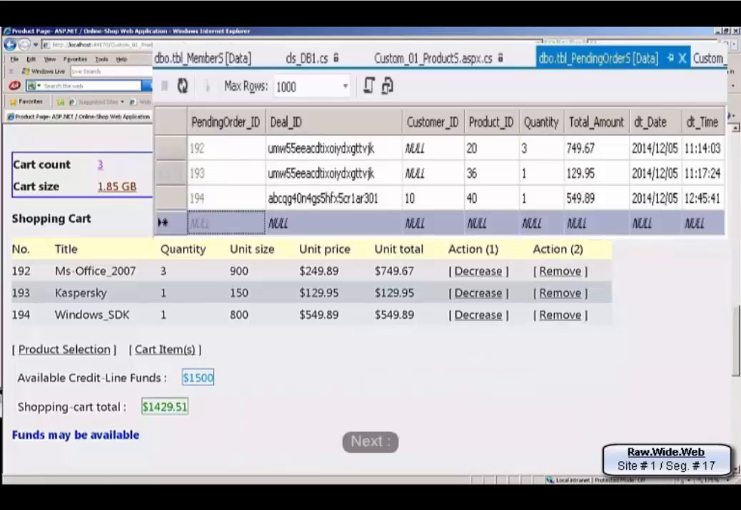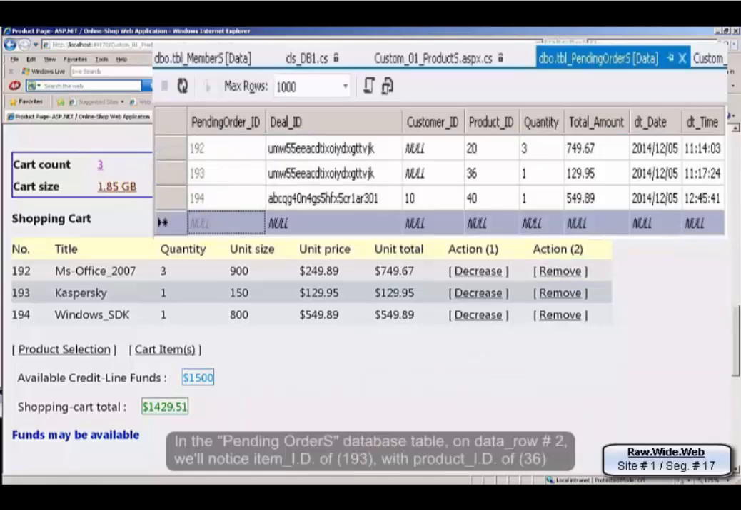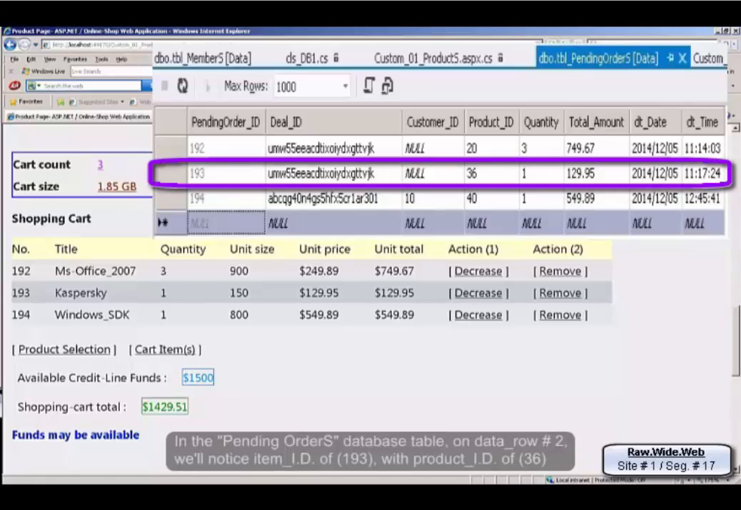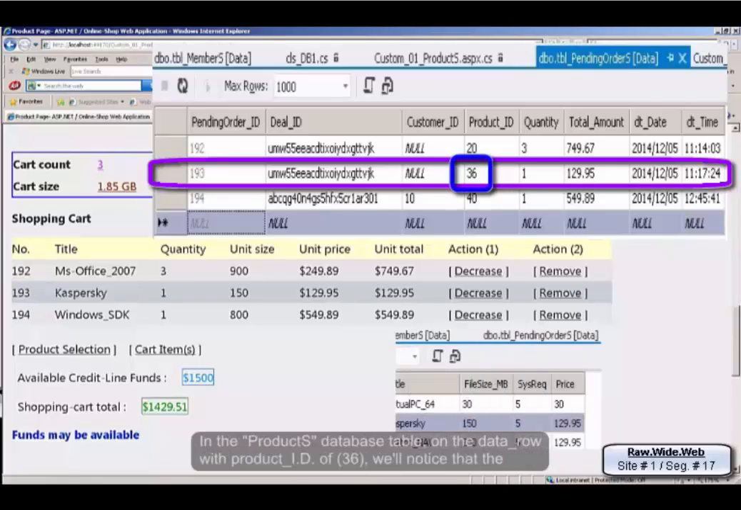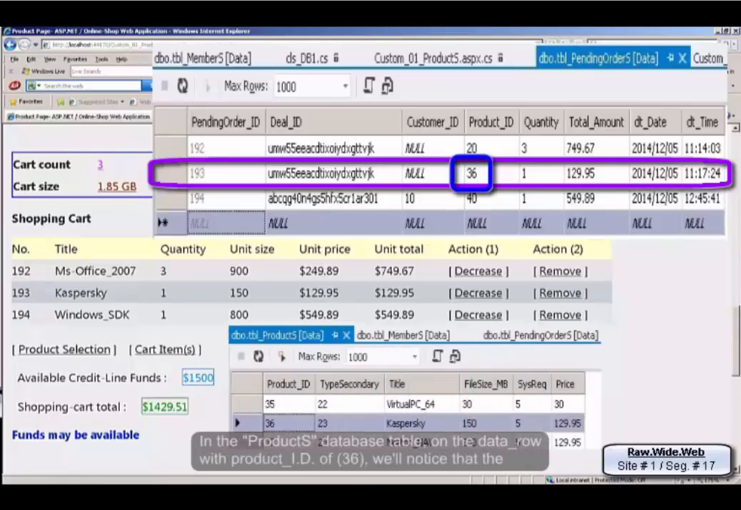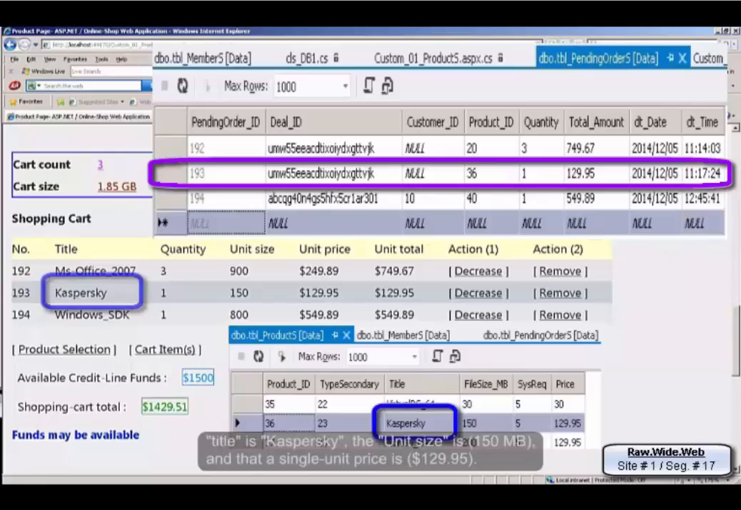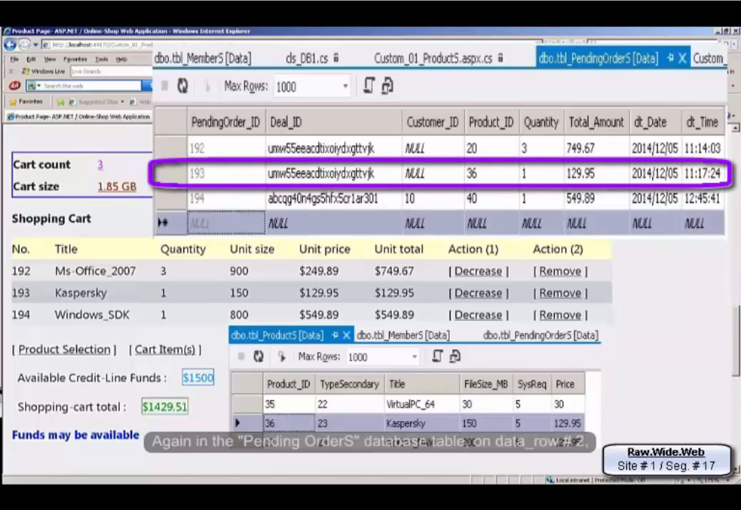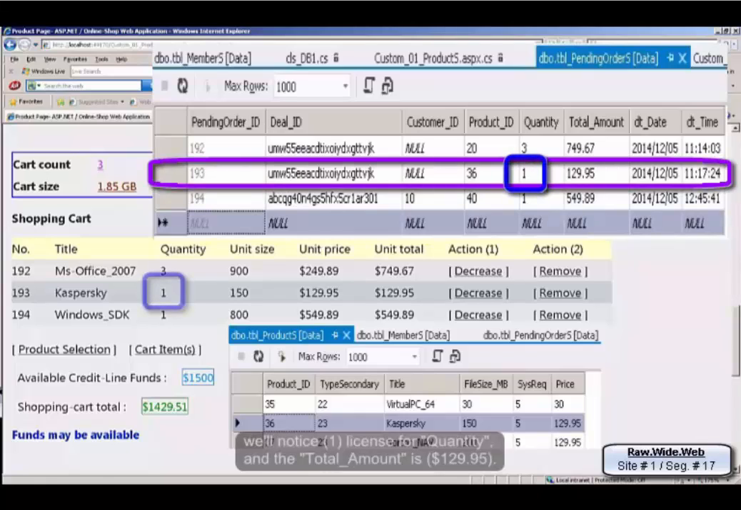$749.67. Next, in the pending orders database table, on data row number 2, we'll notice item ID of 193, with product ID of 36. In the products database table, on the data row with product ID of 36, we'll notice that the title is Kaspersky, the unit size is 150 megabyte, and that a single unit price is $129.95. Again, in the pending orders database table, on data row number 2, we'll notice 1 license for quantity, and the total amount is